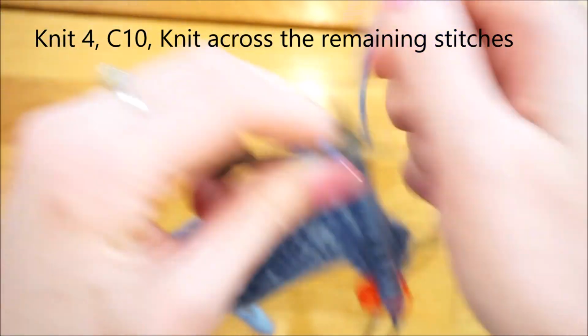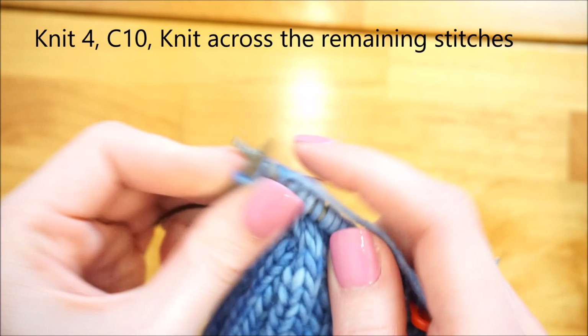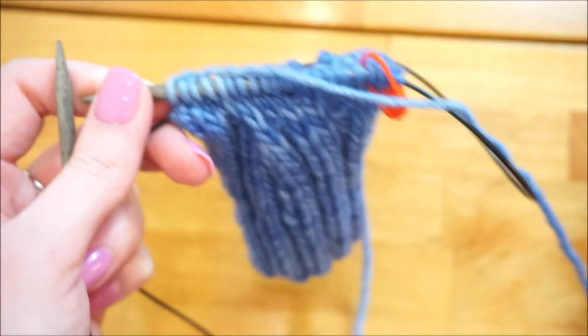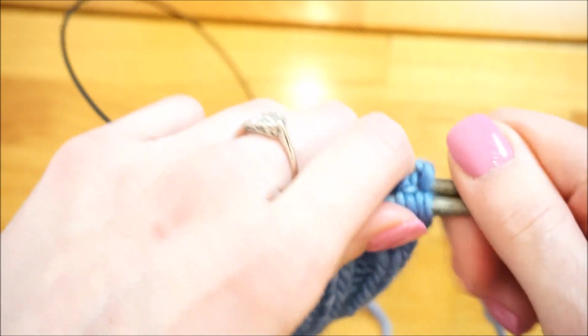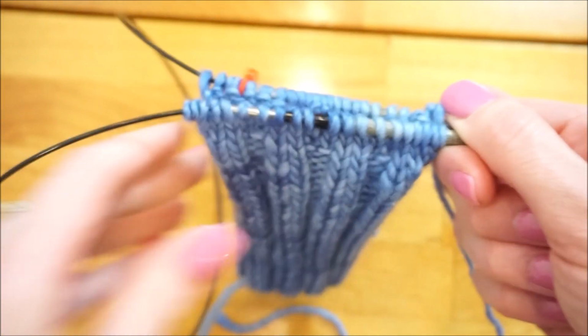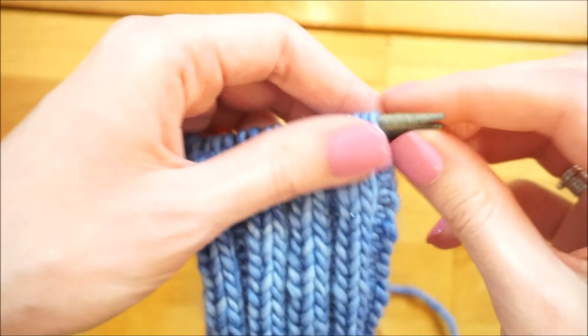So this row has incorporated 2 different things. First we have the thumb increases, and then we have the cable pattern. Now, as you continue knitting the mitten, you want to just look at what it tells you to do each row and then do whatever pattern that is. I'm going to continue working the mitten and then come back and show you what it looks like once I finish row 18. Because row 18, after we finish that one, is when we're going to place our thumb